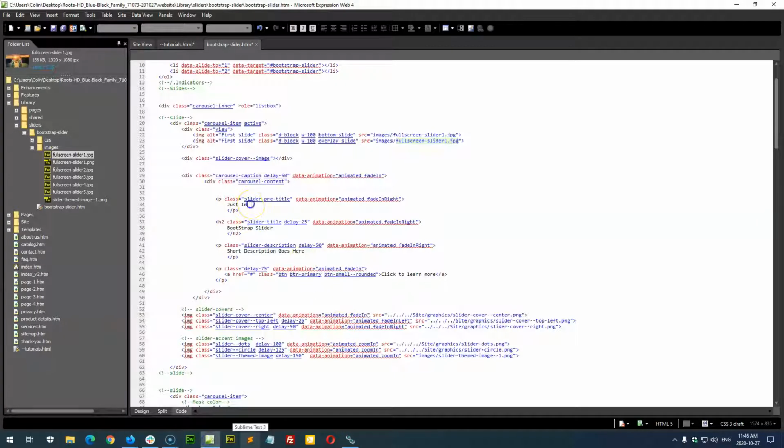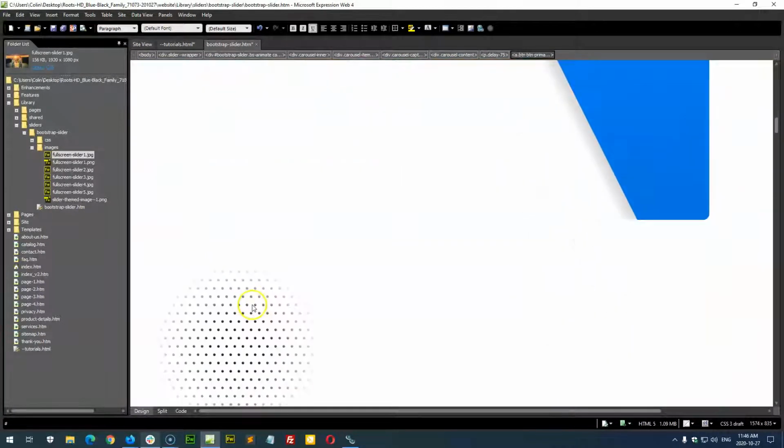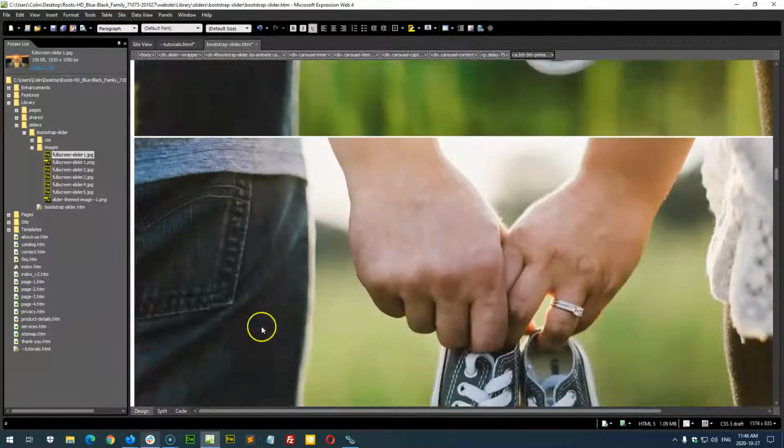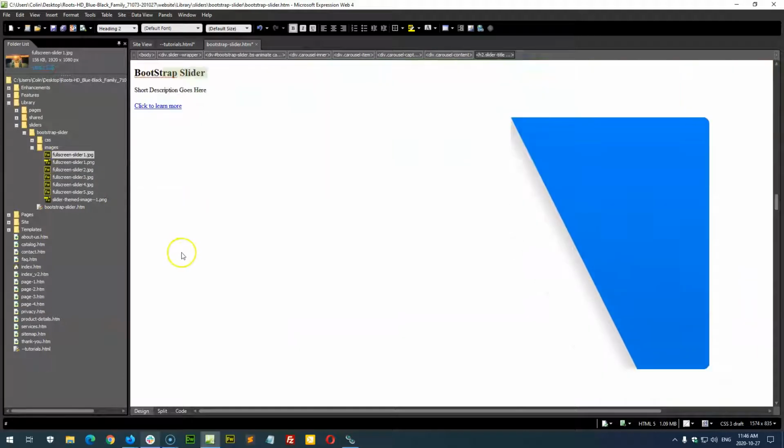And of course, the titles and all that, once you've changed your images, you can then flip over to the design. And there's your title, and there's your description, and there's your button text right there. Then you just scoot down to the next piece, past all of this stuff, and then there's your next. So basically, wherever you see the text, that's where you can go and change it, and you have to scroll